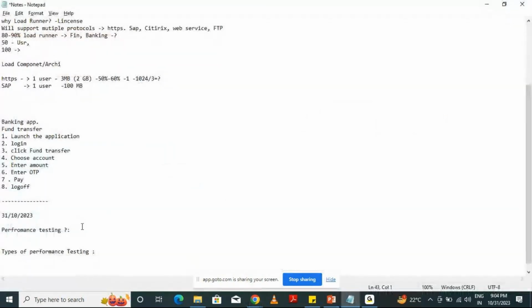Okay. Performance testing is measured in terms of speed, stability, and scalability. Okay. Speed means like when the user is hitting any button on